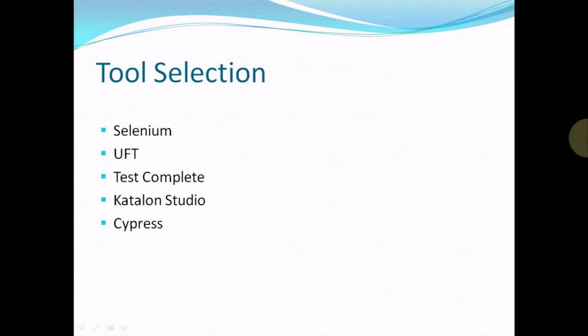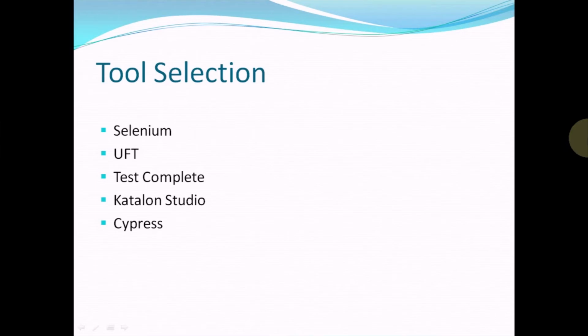And UFT, TestComplete, Katalon Studio are all licensed versions. So even though Selenium, as part of this course, we're working with Selenium, but before any company selects any open source tool,